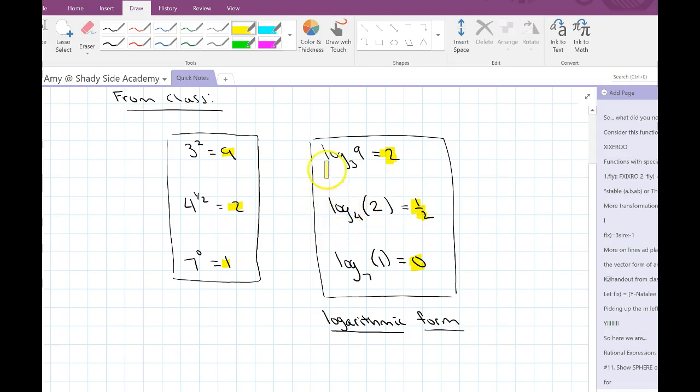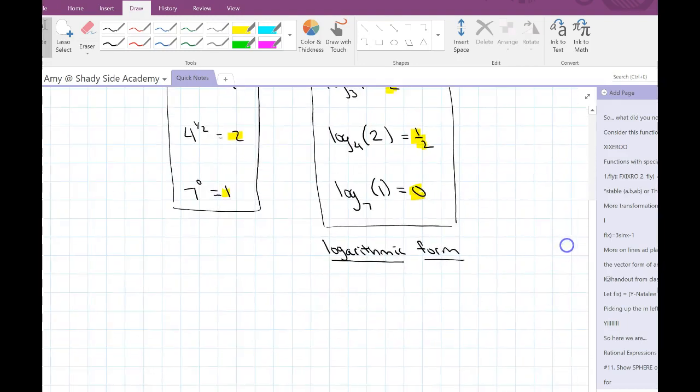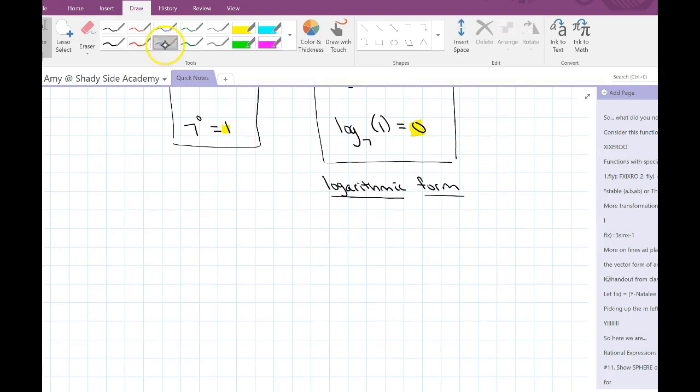All right, so again, the point here I want to raise is that in logarithmic form, the spotlight is on the exponent of the base, okay? In exponential form, the spotlight is on the result of the exponentiation, okay? So what we have to become fluid with, and that's your handout that I gave you in class today, is looking at things like this and becoming fairly comfortable with evaluating logarithms,